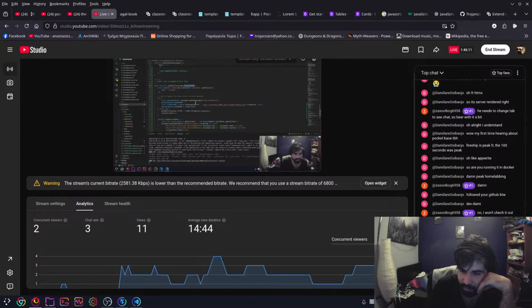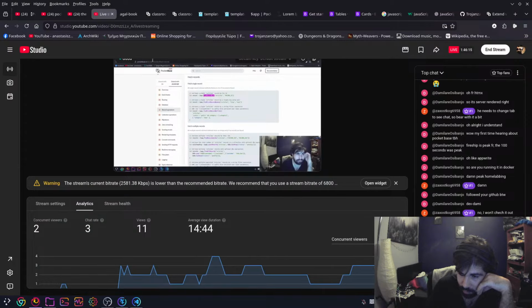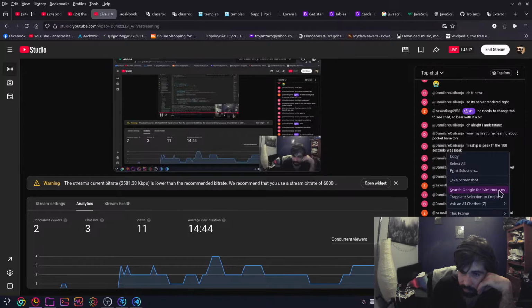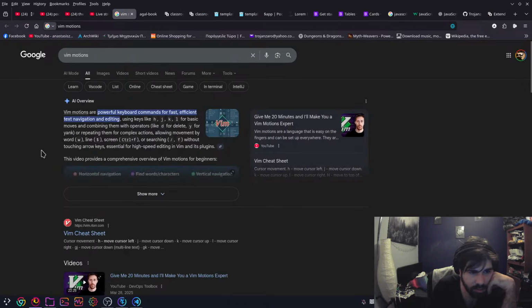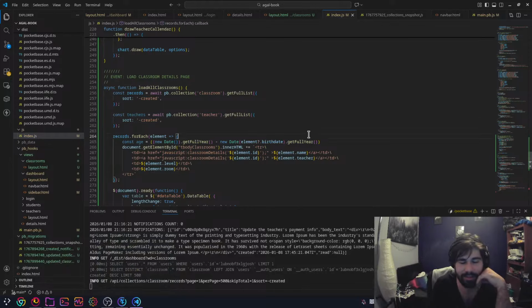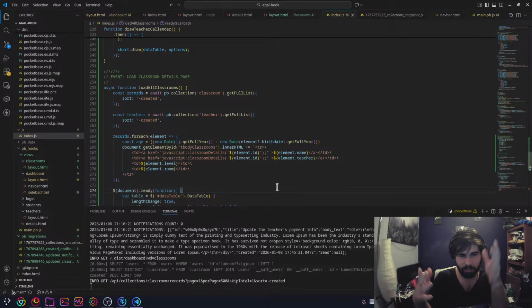You should try out Vim Motions, by the way. Yeah, I know. Okay, so yeah, all the standard Vim keyboard layout. Yeah, as soon as I become a normal person and stop using Visual Studio to code everything like a dumbass.